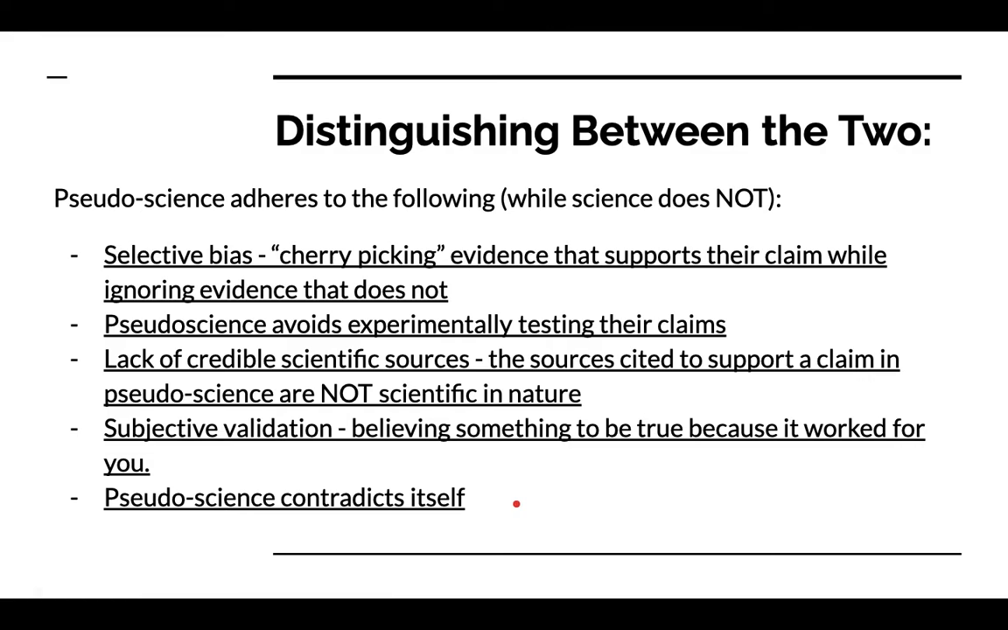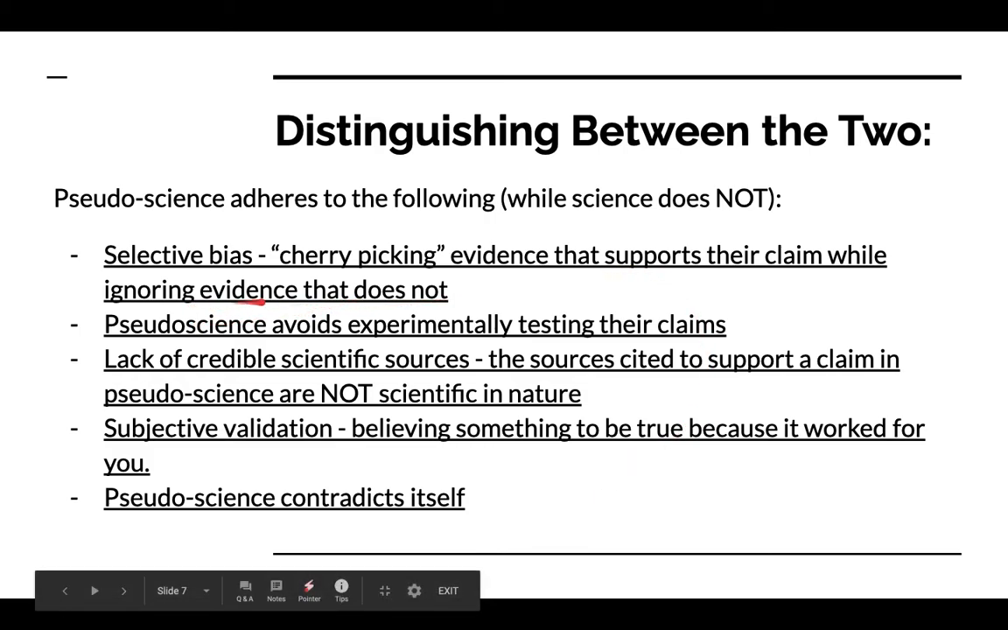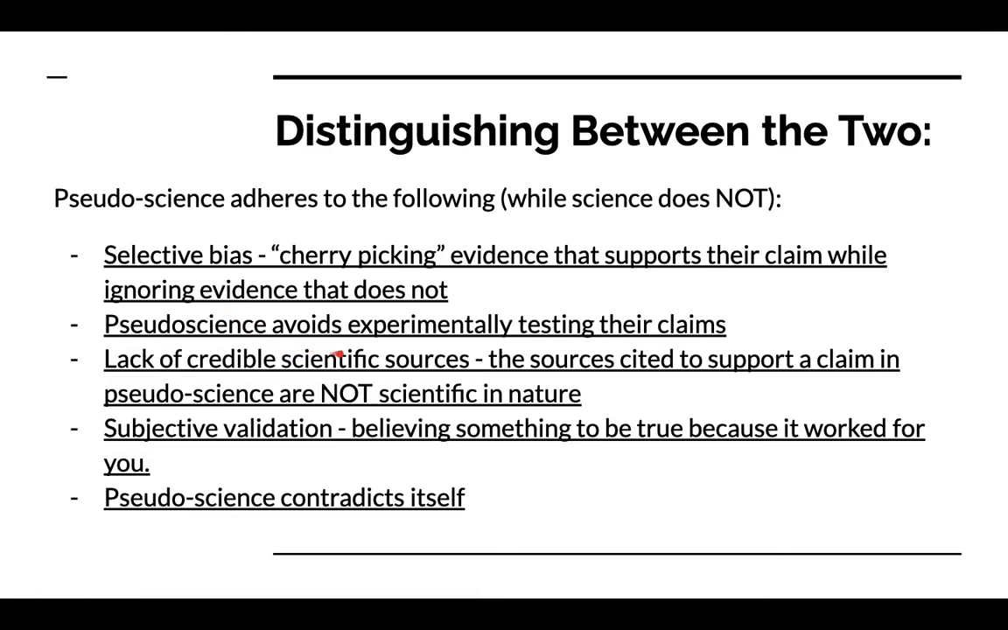Now, this is not to say that any hypothesis that is wrong in science is pseudoscience. It's okay to be wrong in science. That's how we advance in terms of our understanding of the world. We make a hypothesis, we test it out, and either that hypothesis is correct or it's incorrect based on the data that we collect, okay? But pseudoscience would be choosing to ignore that data, choosing to ignore that evidence against it, selective bias,